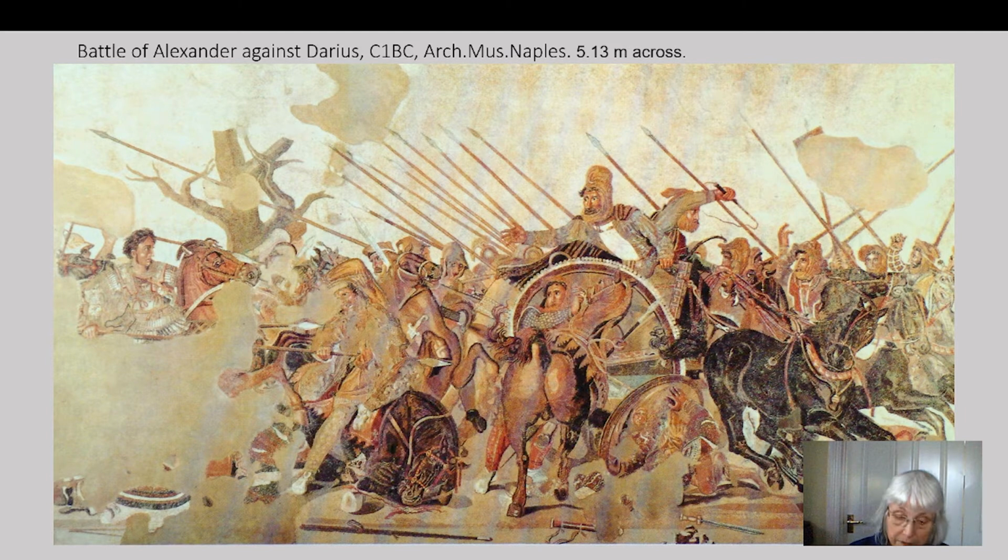We haven't got the original Greek painting, but we know that Alexander in particular, the design of his head, if you like, is very similar to Greek work. The Battle of Alexander against Darius was one time a very popular theme. In fact, it has been right the way through the Renaissance as well. And